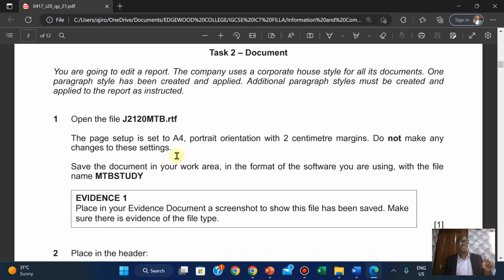Ensure your measurement unit is in centimeters, and if it's not in centimeters and you're having issues, please just write in the comment section. You could just type it. I'll probably do a special video on it, but I've done it in other previous videos during the course of my practicals. But if you're watching this, you could take a sneak peek at the other videos as well. Okay, so save the document in your work area, in the format of the software you're using, with the file name